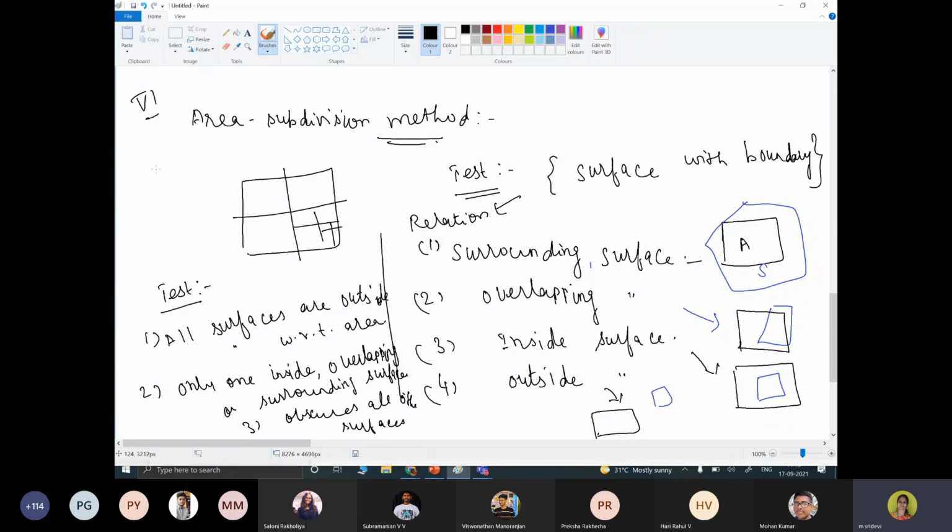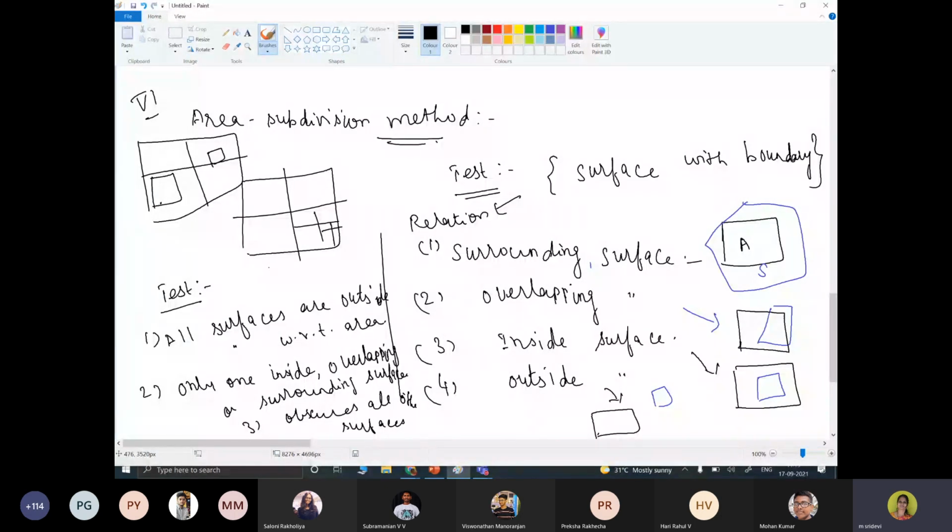For example, you have 2 objects. You are dividing this into 4 regions. With respect to each and every area, we are performing the test.